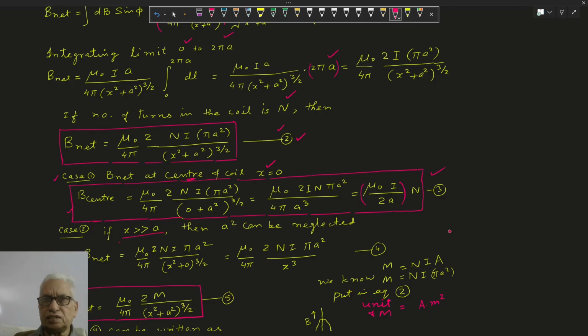x is very large, then a square can be neglected in equation 2. We will neglect a with respect to x, so we get this formula, equation 4. It is at a far off distance compared to the radius of the coil. Now we know what capital M is. Capital M is the dipole moment, given by